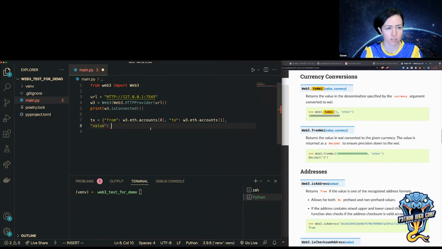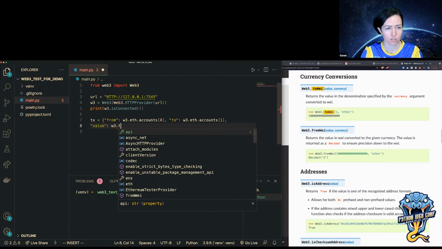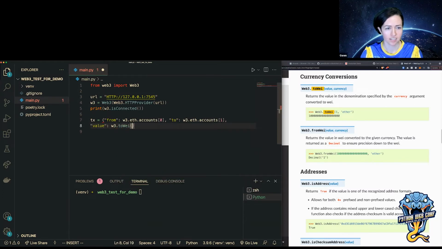So I'm just going to do w3.to_wei, and then I'm going to say 10, because for gas or for sending transactions, I do have to send the value in Wei, not in Ether. So that's why I'm using this utility function.